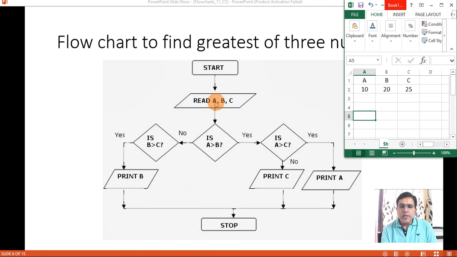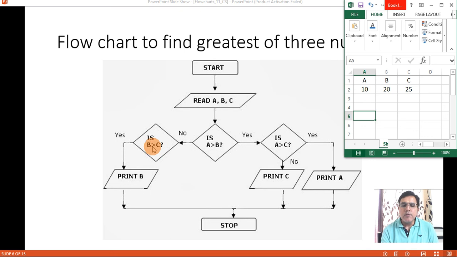Okay, A, B, C. Now A is 10, B is 20, C is 25. Is A greater than B, that means is 10 greater than 20? No. No means it will come here. Now it will check between B and C. So it will check, is 20 greater than 25, right?